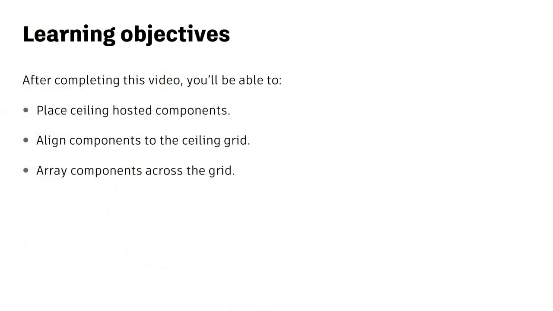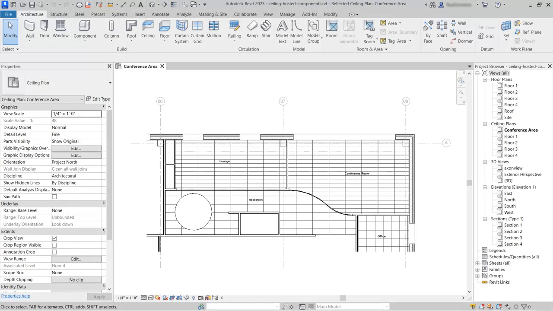In this video, we'll see how to place ceiling hosted components such as lights. We'll see how to align those components to the ceiling grid and how to array the components across the ceiling grid to create a lighting layout. I have the exercise file, ceiling hosted components, open, and we're looking at the conference area ceiling plan, which is